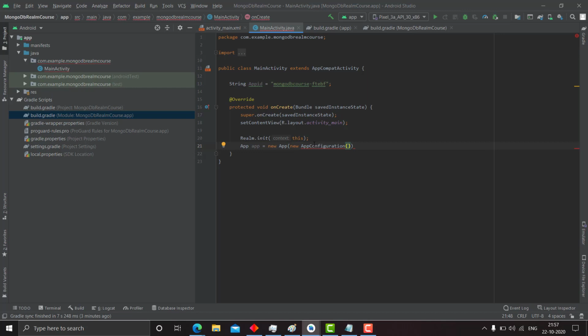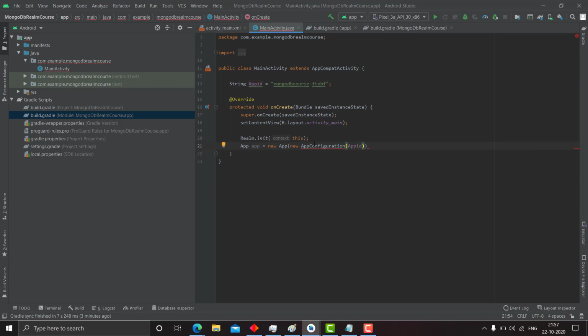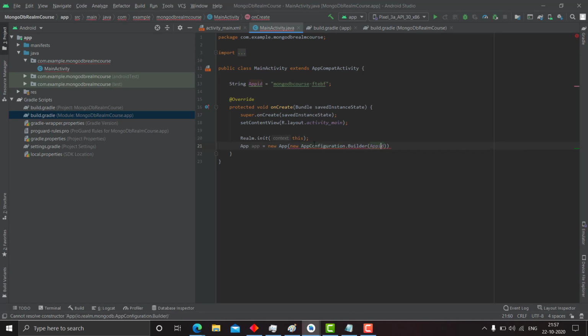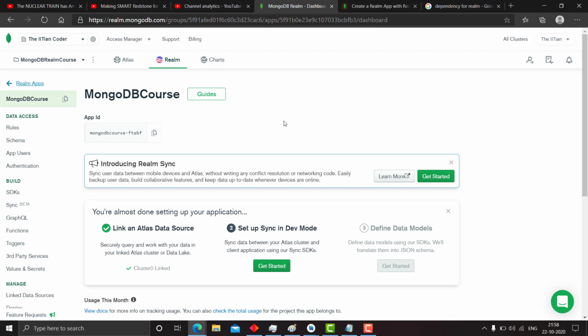Here specify the app ID. So we have this app ID: new AppConfiguration.Builder, specify the app ID, dot build. This will create an instance of the Realm application in our Android Studio, which is linked with the online Realm that we have just created.